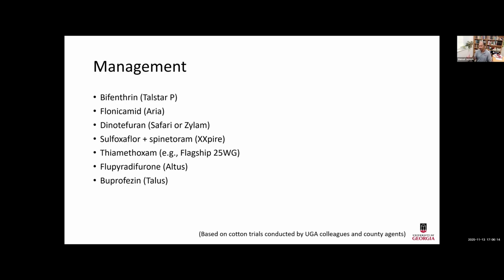So again, this is a sheer numbers game here. Just like whitefly, if you spray and wait 14 days, it's not going to work, because as residues wear down, another population moves in. So if you're really thinking about managing for a period of time, rotating and consistent application of insecticide is required in this case, especially in the fall when the temperatures are very high and the population is overwhelmingly high.